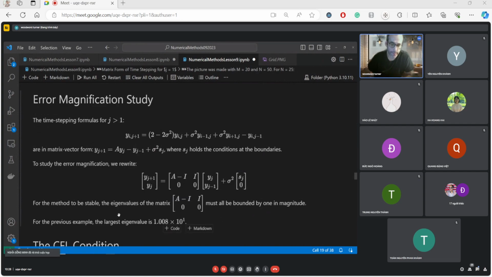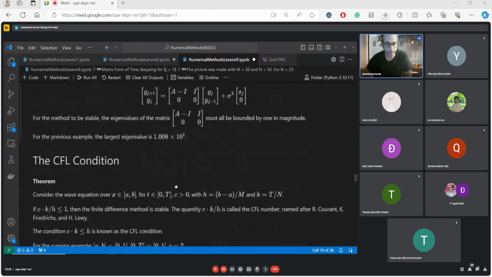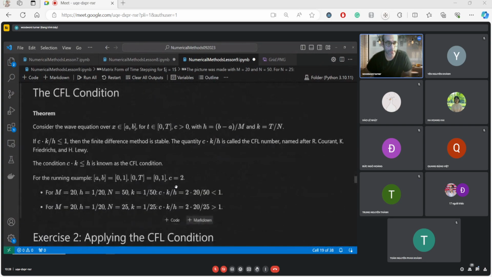All right, and then I'm just going to create a grid. I'm going to plot my x's and my t's. My x's will go from a to b of size m. My t's will go from 0 to t of size n. And then I'll make a mesh grid so that I can actually plot this in 3 dimensions, because I'll need the mesh grid to use this plot surface